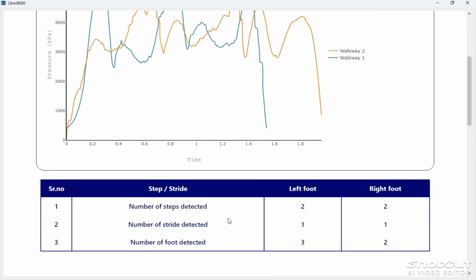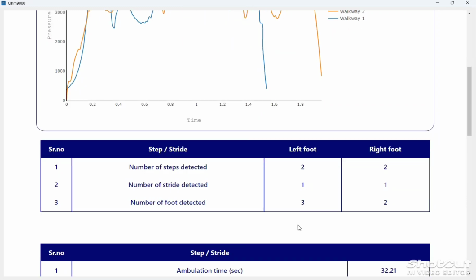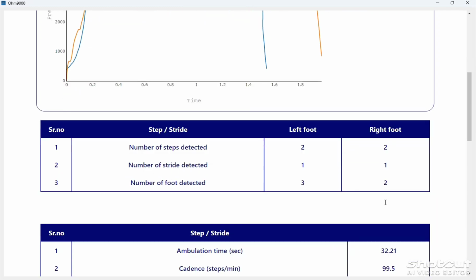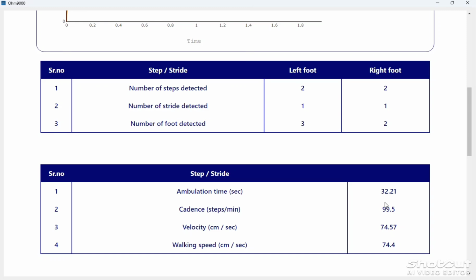After that, scroll up, and here you can see the details: number of steps detected, number of strides detected, number of feet detected, and other details are given in the tables.